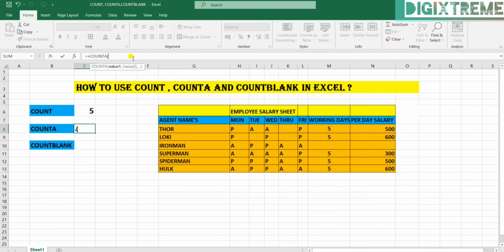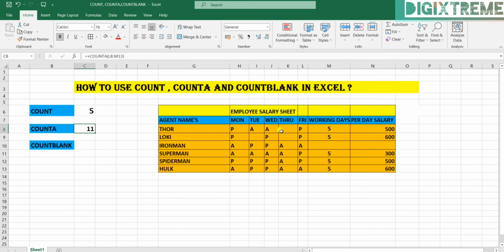Now let me select this one, numeric values along with alphabets. Now let's see what value we get. It is showing 11 now.